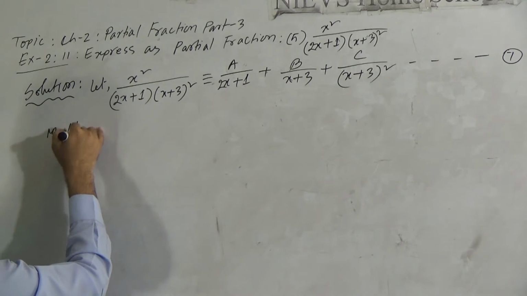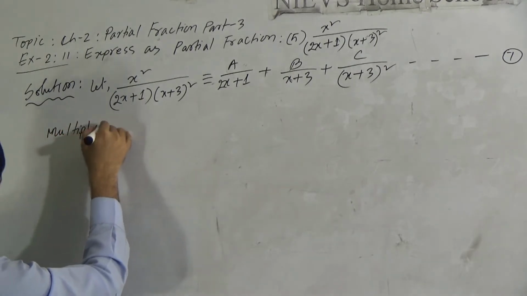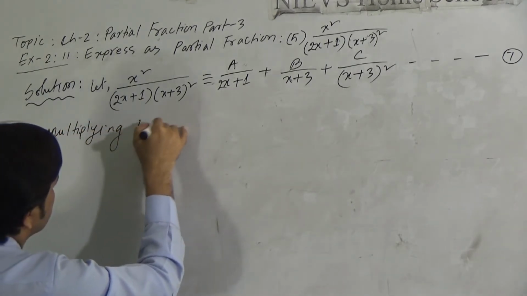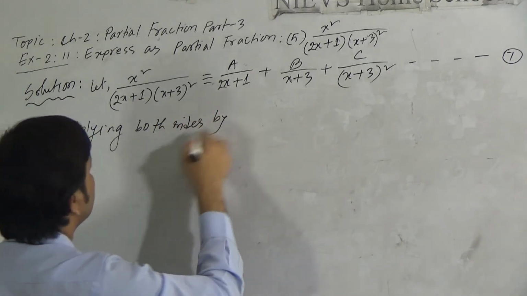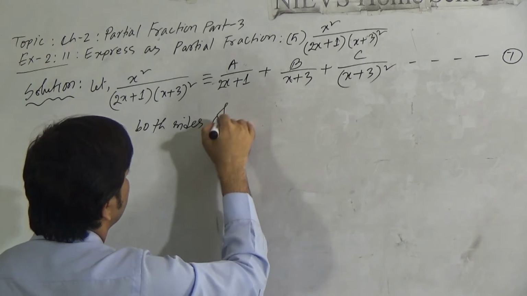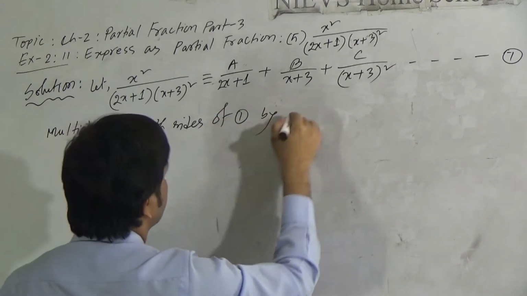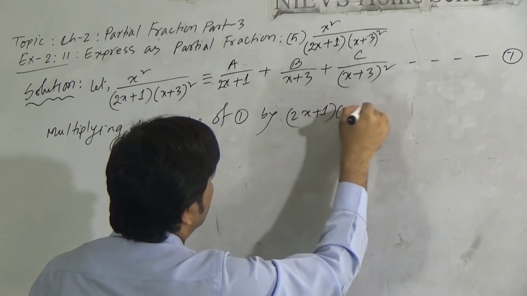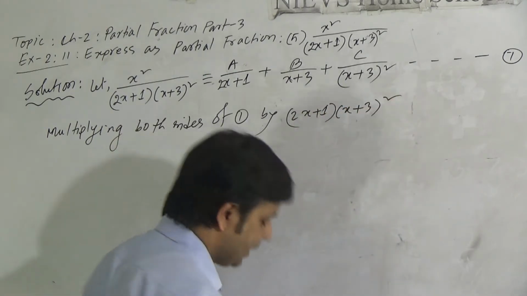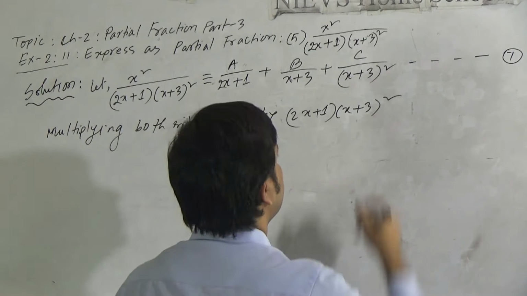multiplying both sides by 2x plus 1 into x plus 3 whole square. We get,